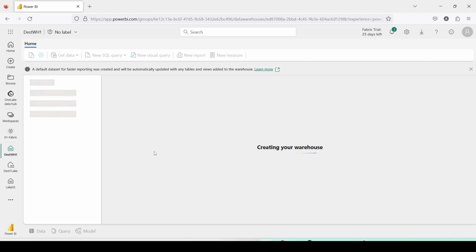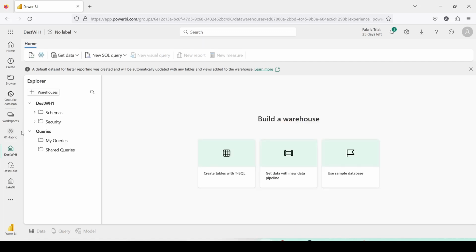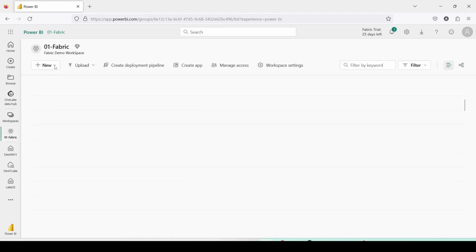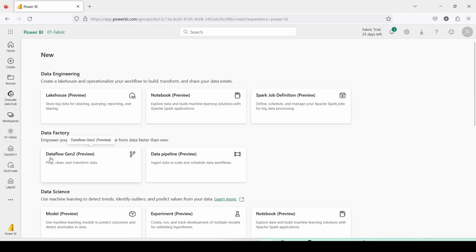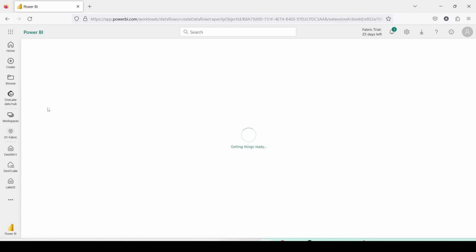destination. Now what I'm going to do here is basically I will go and create a Dataflow Gen2, and using that Dataflow Gen2, I'm going to put two destinations, one as a lakehouse, one as a warehouse. My source is Azure SQL. So let me start the journey. So I again go to 01 Fabric, and in 01 Fabric, I'm going to use show all again. Inside the show all, I'll say Dataflow Gen2. And in the Dataflow Gen2,